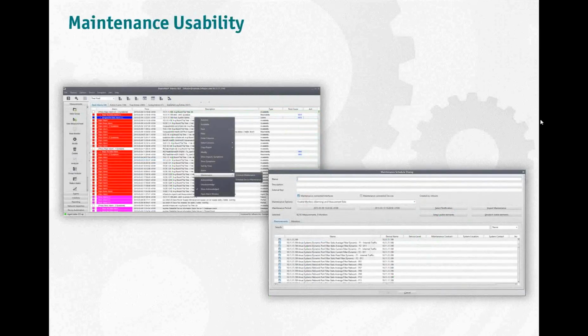Another thing we changed is the usability of maintenances. Instead of only scheduling maintenances on device basis or on measurement and monitor basis, you will now be able to schedule a maintenance also based on your open alarms table. So what you are going to do is open your alarms, right-click one specific alarm, and select the maintenance entry